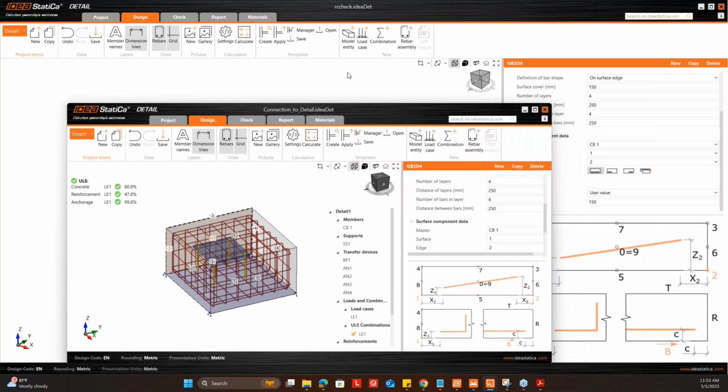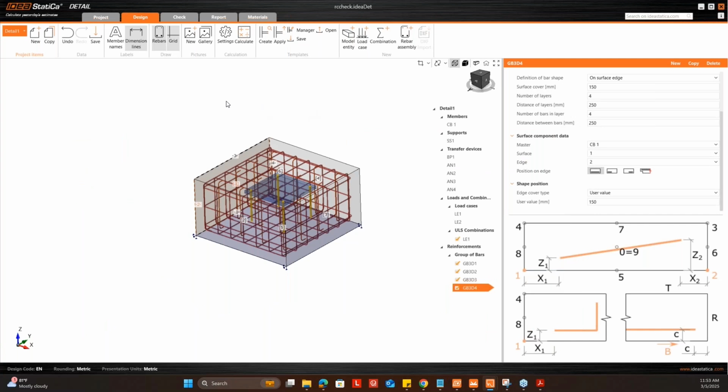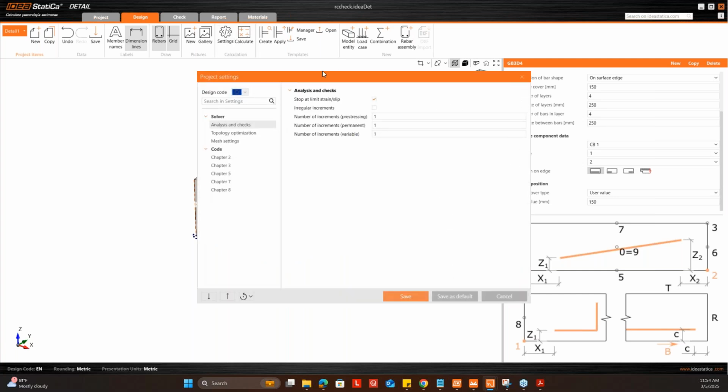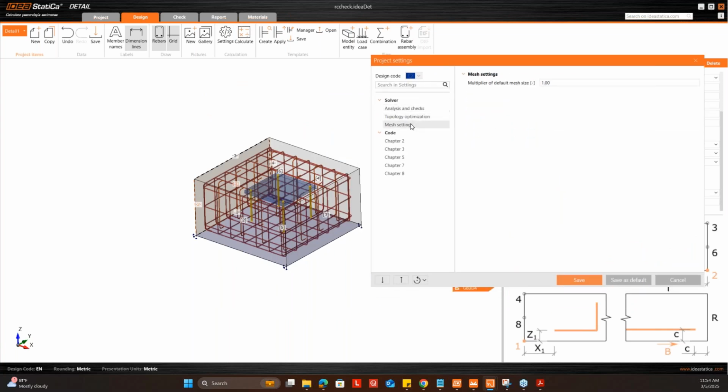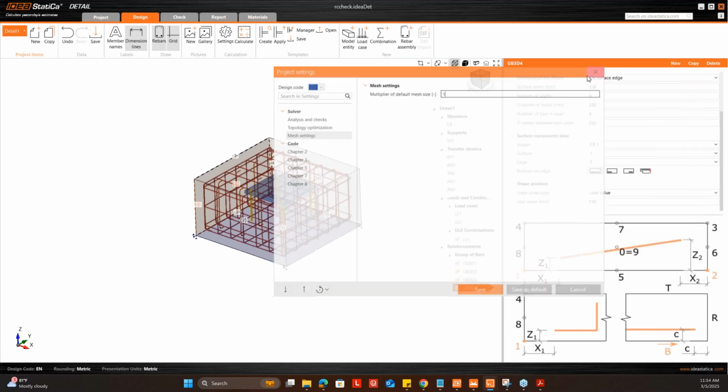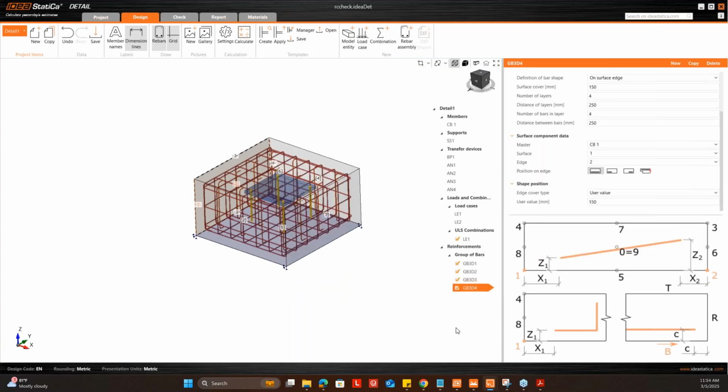Oh, and one more pointer before I proceed with the next steps. The reinforcement is an iterative process. We have to add the reinforcement, subtract the reinforcement, which involves a lot of iterative analysis, iterative calculations. To make things easier for you, you can always go to mesh settings and change the mesh settings to 2 or 3 for your iterative process, and achieve your desired arrangement of the reinforcement. Once you achieve your desired arrangement, you can always change it back to 1 and complete your analysis. So that's all with respect to the modeling part. Let's